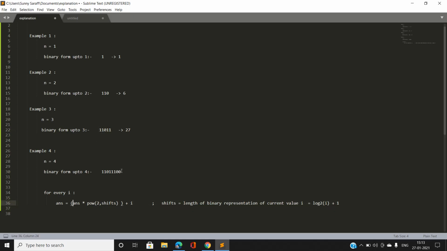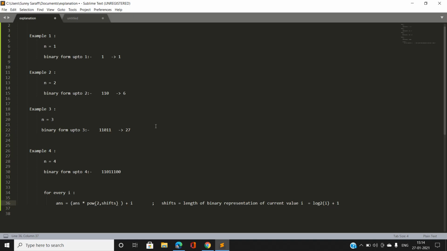Now when we append the value 4, the binary representation of 4 is 100, and it is appended to this 27 value. Then you can observe that the set bit positions, that is the 1s in the previous value up to 3, are going to move further to the left by the amount equal to shift.